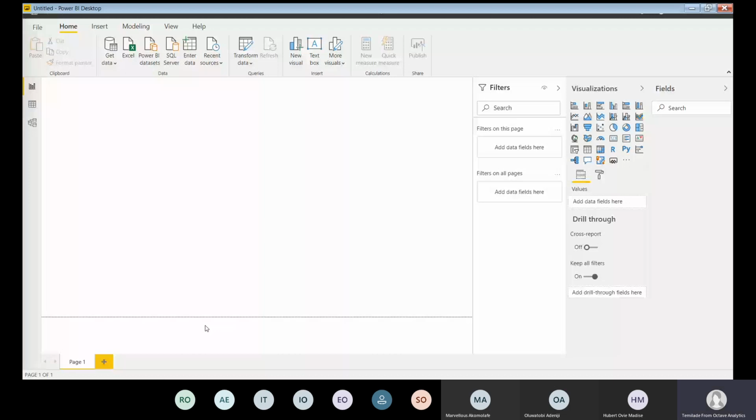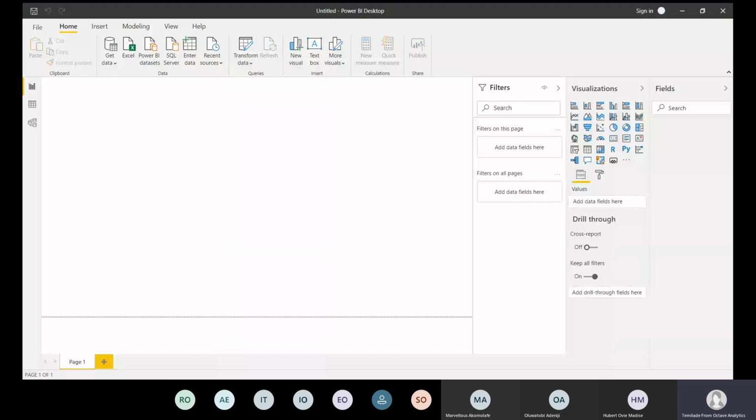There are 6 different data sources. We have file, database, Power Platform, Azure, online services, and others. But our focus is on database. And as I mentioned earlier, there are quite a number of database types that you can connect to. So you can connect to SQL Server database, SQL Analysis database, different IBM databases, Amazon Redshift, Snowflake. But for the purpose of this class, we are connecting to